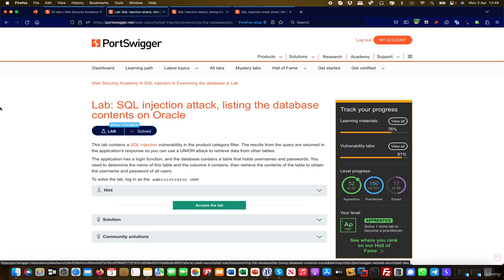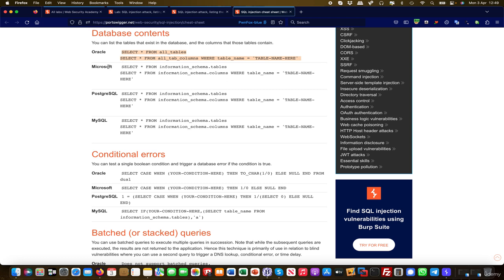We are in the SQL injection section, and today's lab is SQL injection attack, listing the database contents on Oracle. It's very similar to what we have done in the previous lab, but this time around it's an Oracle database, and we know there's a login function, so there must be a table, and there also must be a column for usernames and for passwords, but we don't know the names, so we are not able to extract this. So first and foremost, before you start out, go over to the SQL injection cheat sheet, and then